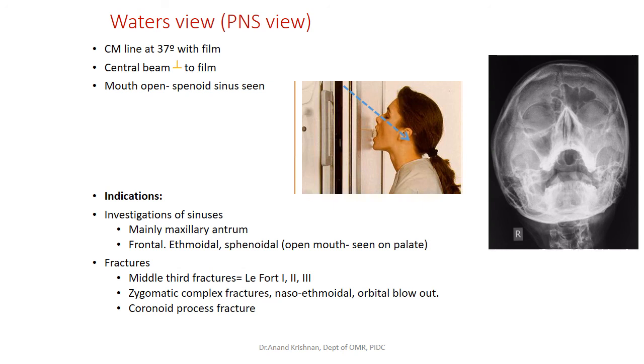Central beam is perpendicular to the film, and while taking this radiograph, you can take it in two variations: mouth closed and mouth open position. Preferably, the general indication is to take with the mouth open so that you are able to even see the sphenoidal sinus. Indications are for investigations of sinuses, especially the maxillary antrum, which you can see on either side